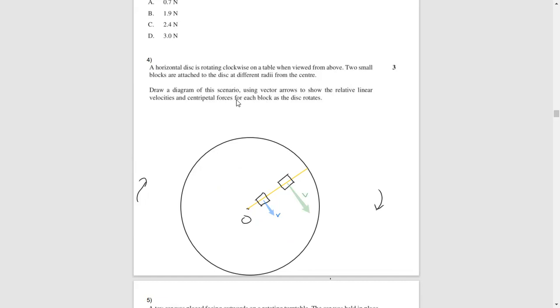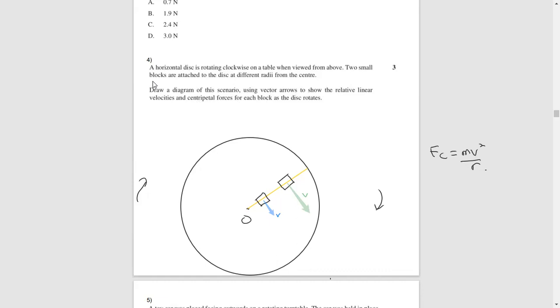Now, you might recall that the central force equals mv squared over r. The centripetal force by definition means towards the center. The centrifugal force, which is normally not tested, is the one going outward, but the centripetal force is always going inward towards the center. So Fc equals mv squared over r, and we understand that